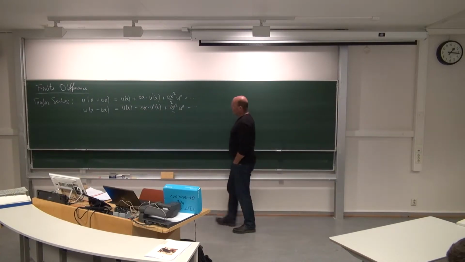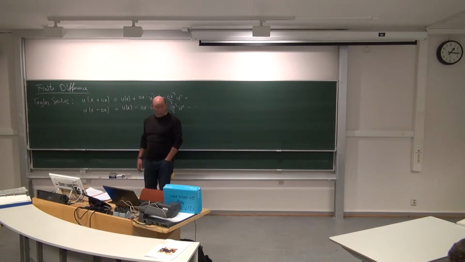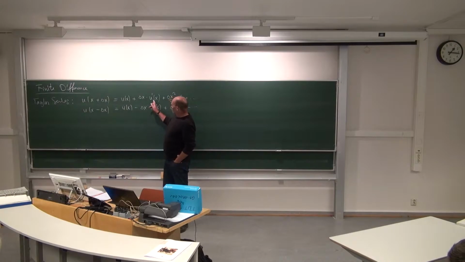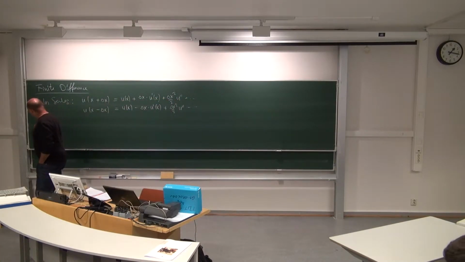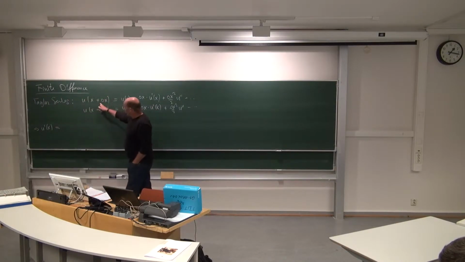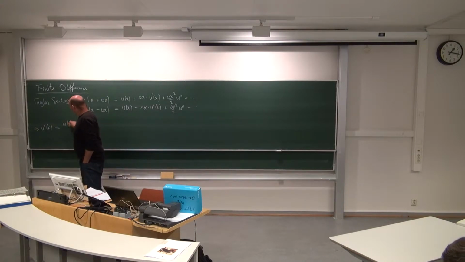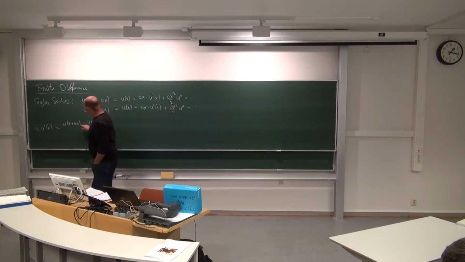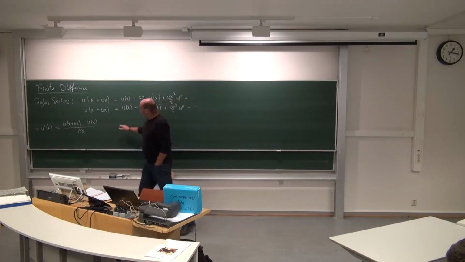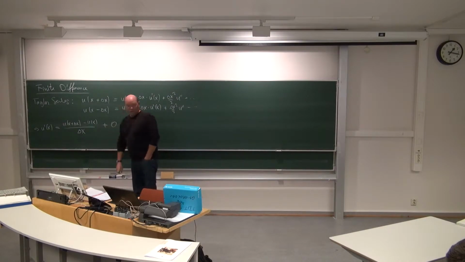Last time we used a forward Euler scheme in time. So that's actually just isolating this guy from the first recipe. What do you get? You say u derivative at the position x is equal to this guy, u of x plus delta x minus u of x, divided by the distance you are walking, and then you will have plus terms of